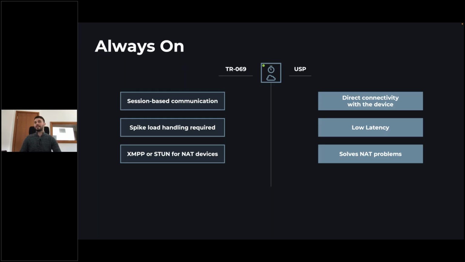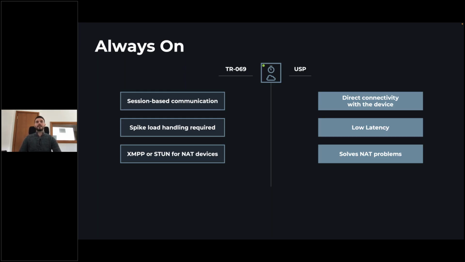Does it mean that the device is offline, or does it mean that there might be some issues in the network in between? Using USP, having this direct point-to-point connection from the USP controller to the device, we would know exactly if the device is online or offline, or even, let's say, in which situation it would go offline.